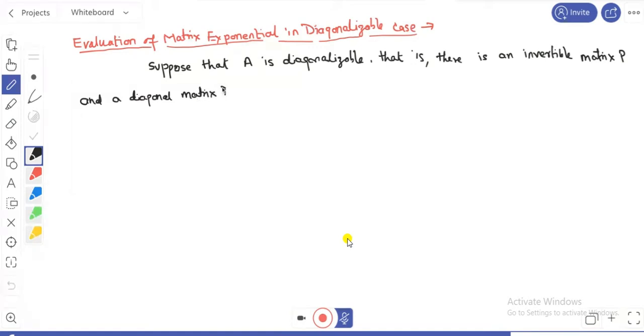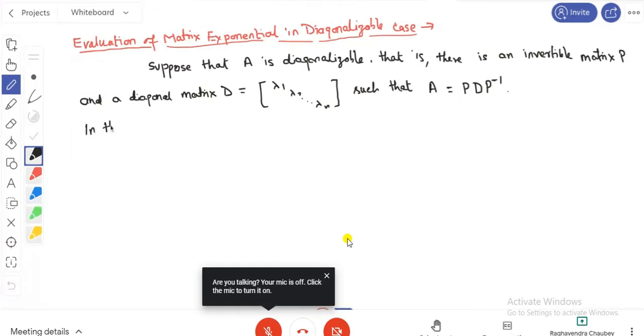So, a diagonal matrix D, with entries lambda 1, lambda 2, up to lambda n, and all other entries are 0. So this is your diagonal matrix. Okay, so A equals P D P inverse, where P is an invertible matrix. In this case, we have